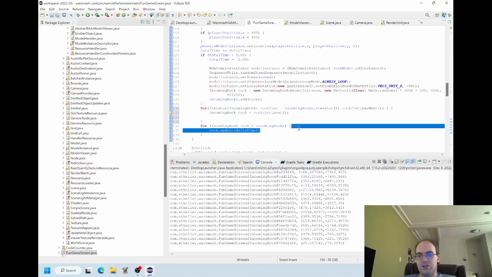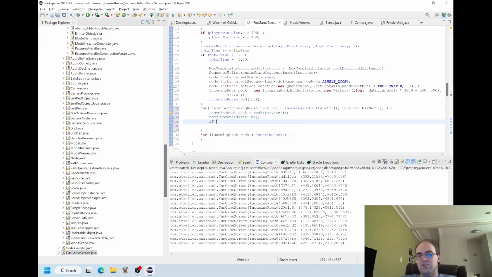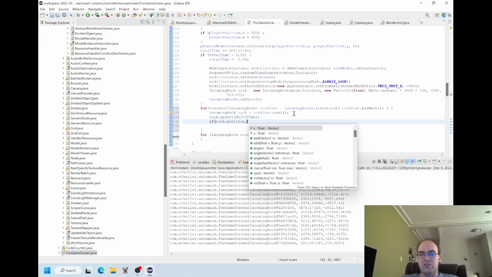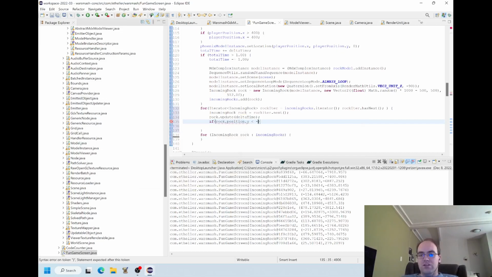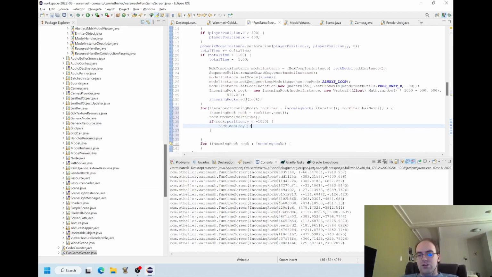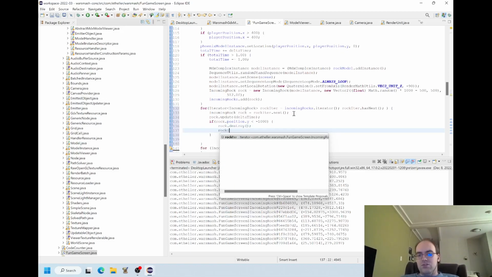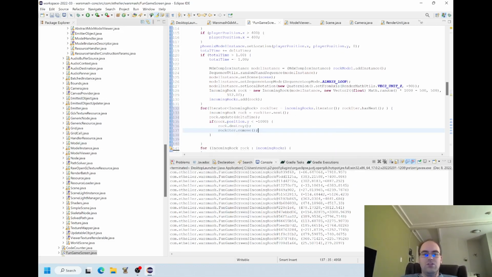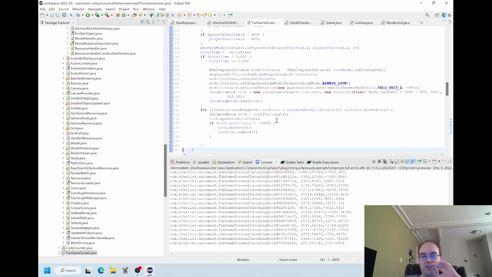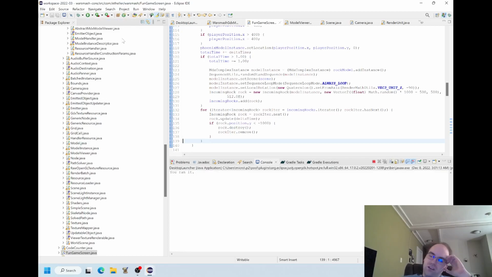this rock updating thing, and then basically say if rock dot position dot y is less than negative 1,000, rock dot destroy, and then we're going to also take this rock iterator and actually remove the current element from it using that utility function that I didn't write, so that it'll actually delete the other variables of the rock out of its iterator where it's stored. Cool. So I think that means that it shouldn't progressively lag more and more as things go on or